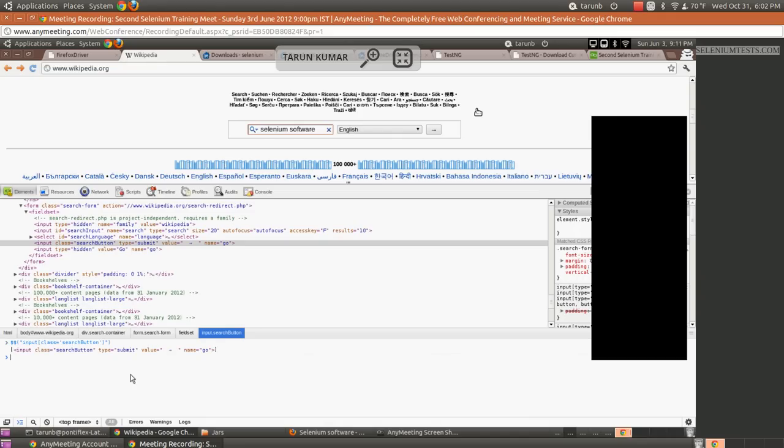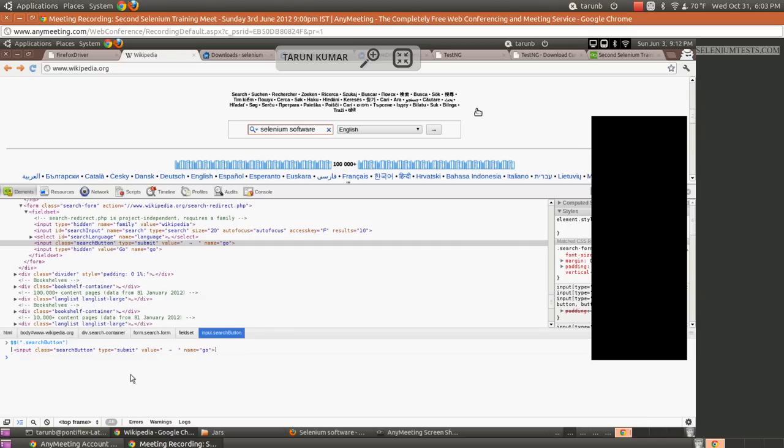we do this. Okay, there is a shortcut to write this also. We can do it this way. We can just say dot search button, that's all. Yeah, it will return the same thing. Is that clear? So in case of ID and class, we can use hash and dot respectively. We really don't have to write such a long expression.